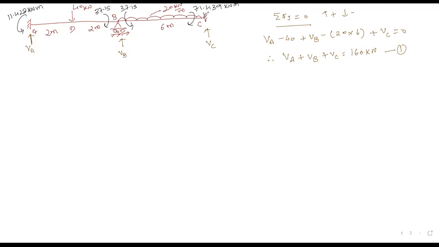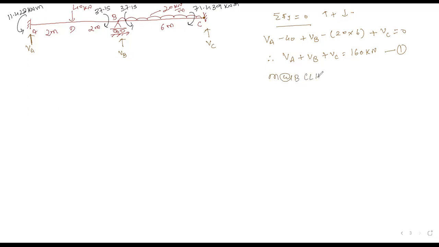Suppose we are taking a moment of all forces about point C. So in that case, we will get VA and VB as unknowns in the second equation, and we have three unknowns in the first equation. So we have three unknowns and two equations. It is not possible to solve. So for such a kind of structure, what we will do is take a moment about B,